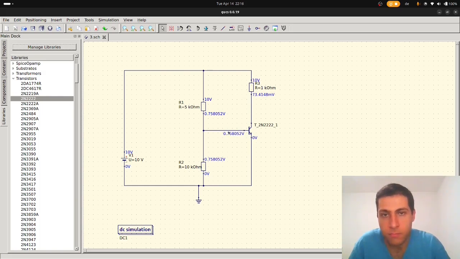The base collector junction must be in reverse bias so that the electrons that are emitted from the emitter get pushed to the collector so the collector could collect them. So right now this is a problem that I'm facing for the working point of the